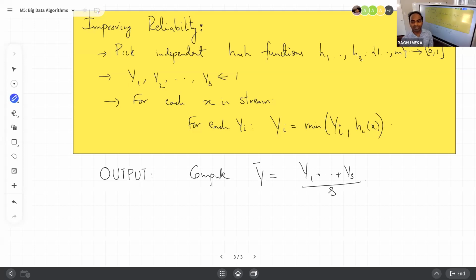When there is no clear trend in which you're overestimating or underestimating, you should take the average. That's the most reliable thing to do, right? And then you output